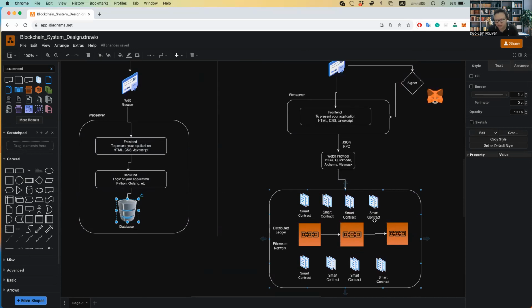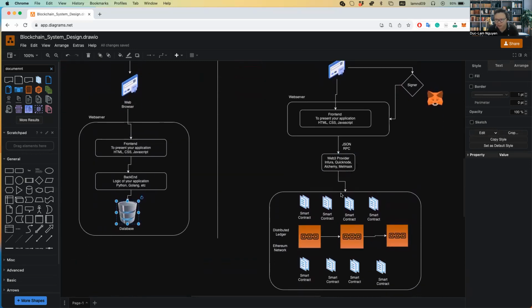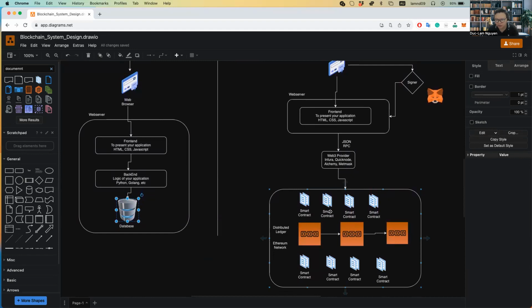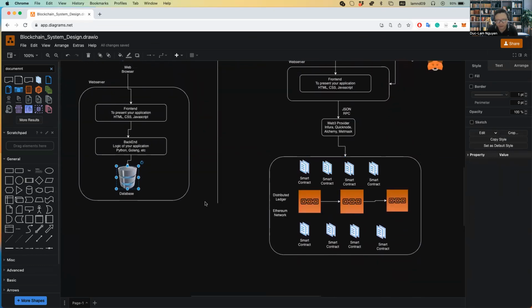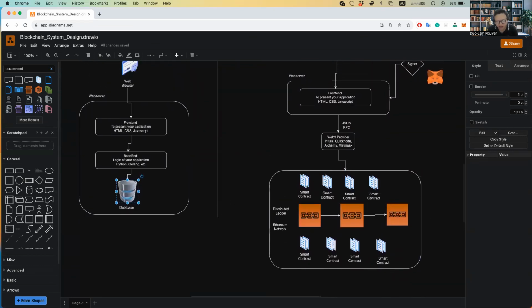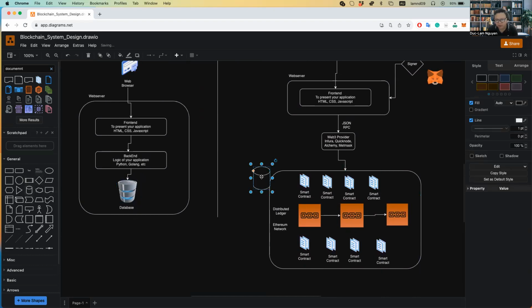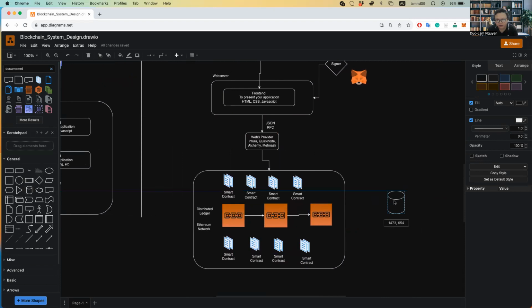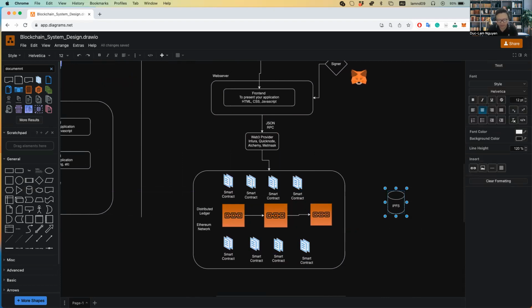Actually, in the blockchain, for example, an EVM blockchain like Ethereum, storage is very expensive, because you need to pay gas and fees for any operation, any transaction in the system. So it's not a smart way to record everything to the blockchain. So how about the database in Web3? Normally we will use a kind of digital storage. We can use IPFS or